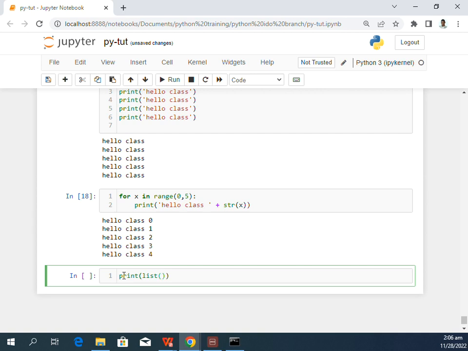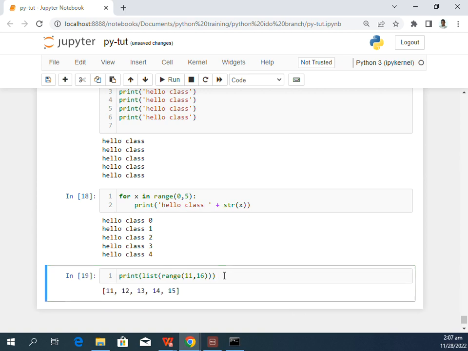This is a method, followed by the range, then a parameter. Now you should know that the range always takes a parameter. I want it to print from maybe 11 to 16. So if I run it now, what does it give me? It prints out a list, 11,